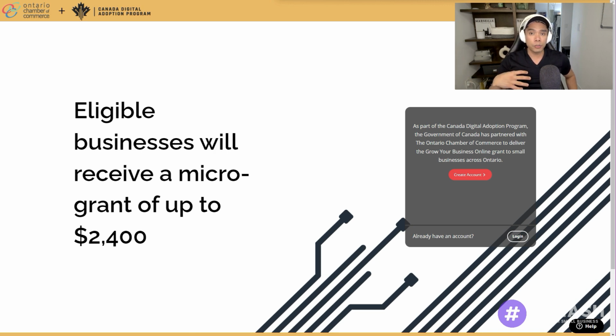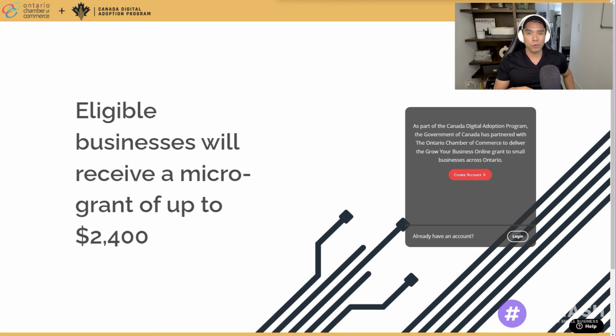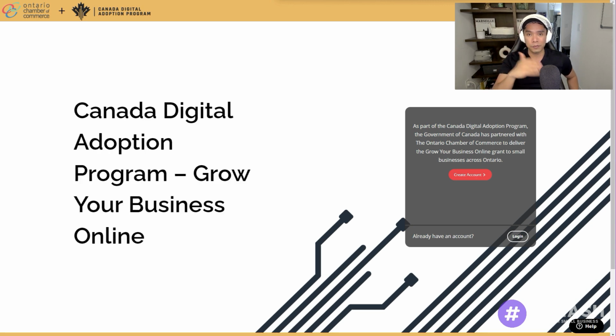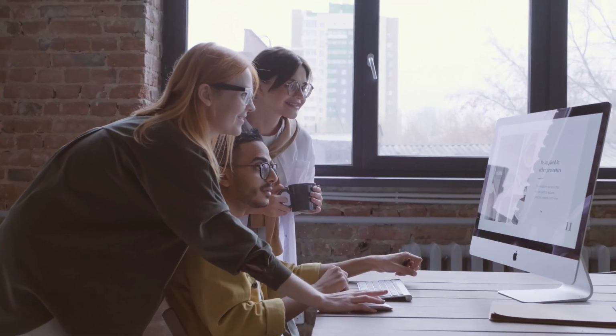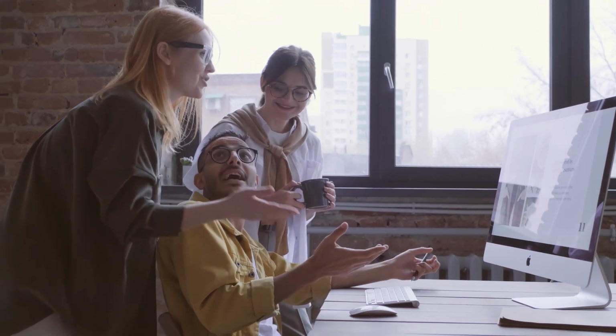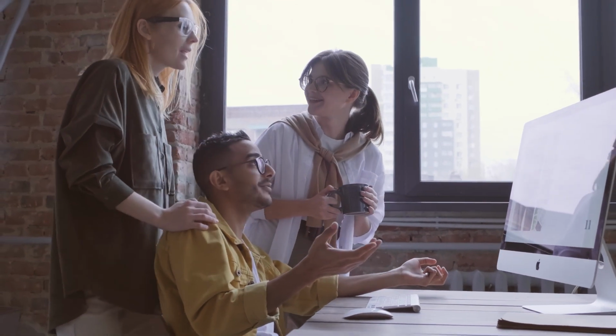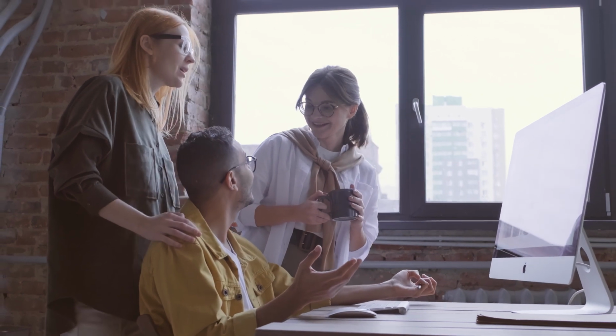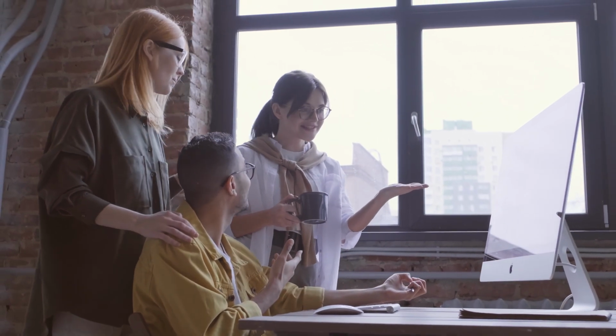Now, if you do end up choosing to work with us as part of this application, we literally give you everything, and it probably won't take you any more than 5 minutes to go through this process from this link all the way to finalizing the application. We tell you all the documents that you need to pull up from the Government of Canada website, all that good stuff, and bada bing, bada boom, you're ready to go to execute and build up that fancy new process to make sure that your business grows.